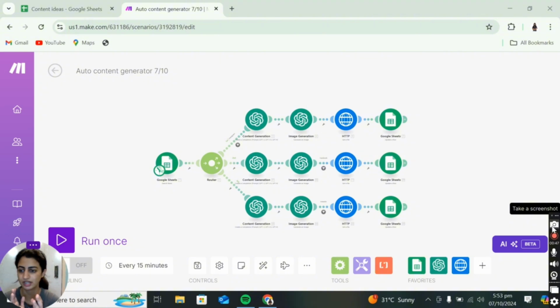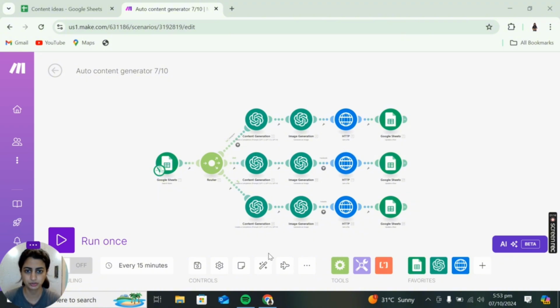You can review that content, you can iterate that content, and then you can make some changes and upload it directly. This is just a standard basis of what this automation could look like. You could make a lot of changes and additions depending on your use case. This is the foundation that I'm giving out, and depending on your use case you can expand this.